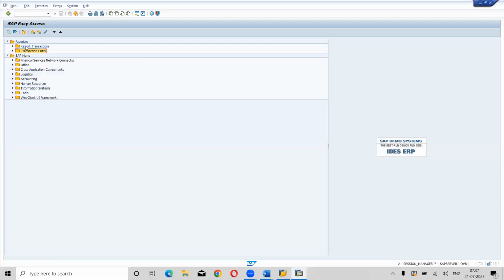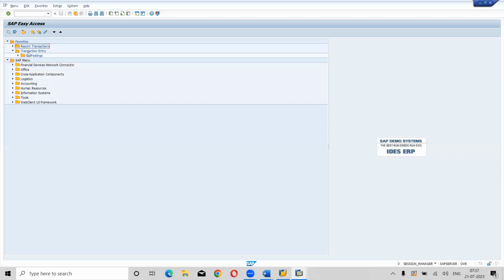So there are two ways we can insert a folder. Again, I am reiterating. Go to the favorites menu, and here you will have all the options, insert folder. Or what is the other way? Put the cursor on favorites, right click and insert folder. And how to insert a subfolder? Same thing: put the cursor, right click and insert folder. And whenever we want to enter a transaction, select the folder